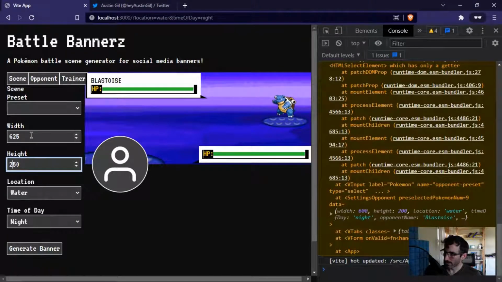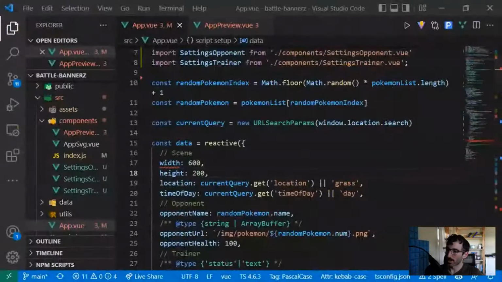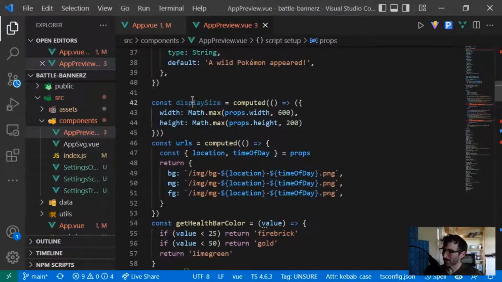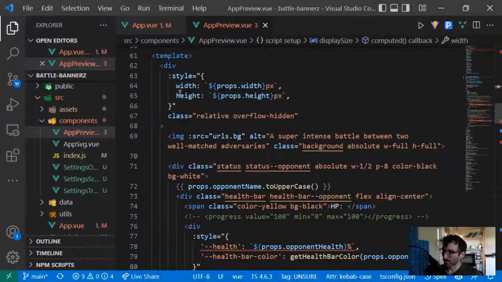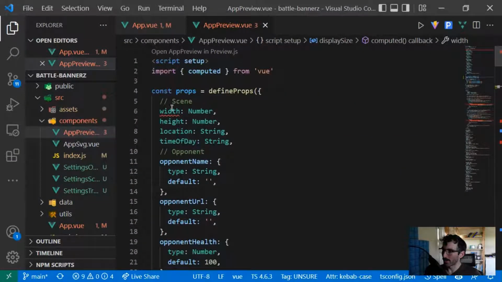If I go to something that's too small, that's the problem. Oh, no, that's not the problem. That was working fine. I just need to actually use display size. So we've got the width and height. Right now, we're binding the width and height to come in from the props. But if the props come in as a value that's too small or smaller than we want,